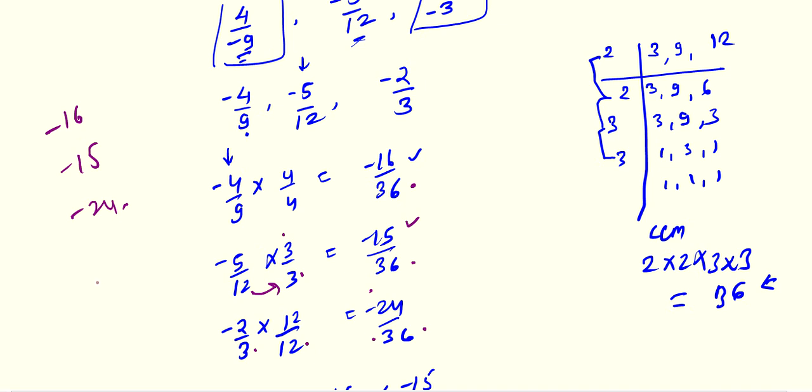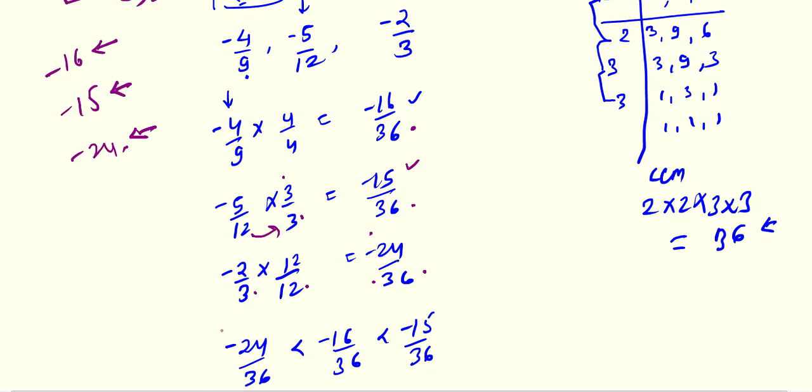Okay, for example जैसे 45 है और 53 है. इन दिस 53 इज़ बिगर. ओके, बिगर नंबर है क्योंकि पॉजिटिव है. बट द सेम वे अगर -45 है और -53 है तो -45 बिगर होगा -53 से. सो द फर्स्ट बिगर वैल्यू इज़ -15, देन सेकेंड ऑर्डर -16 एंड द लास्ट वन इज़ -24. So ascending order is smaller to bigger, so the smallest is -24, then second smallest -16, and the last -15.